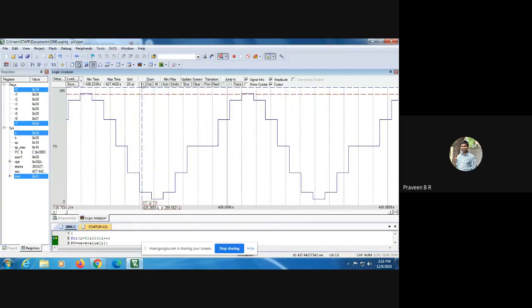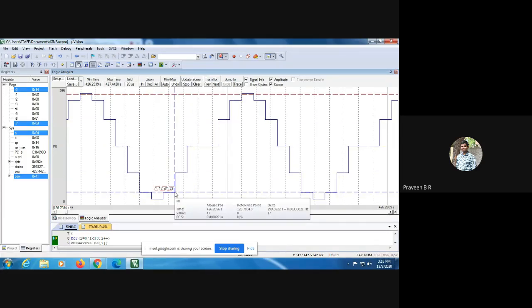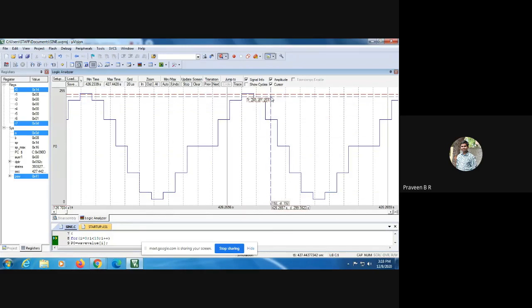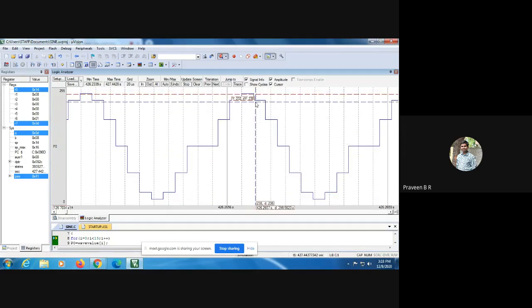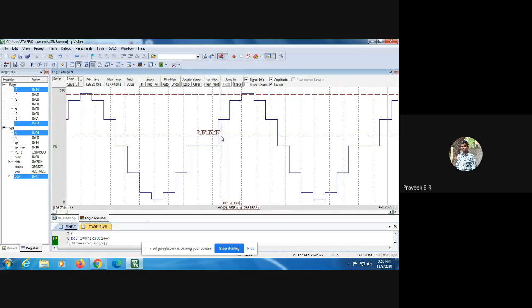So you can clearly observe here, these are the steps that you find. There are 13 steps: 6 steps on the left hand side, 6 steps on the right hand side with the topmost step. So this is a 13-step signal that is generated as a sinusoidal waveform.